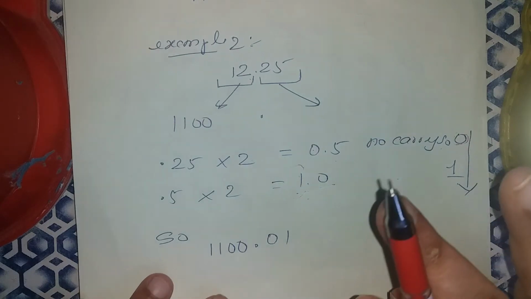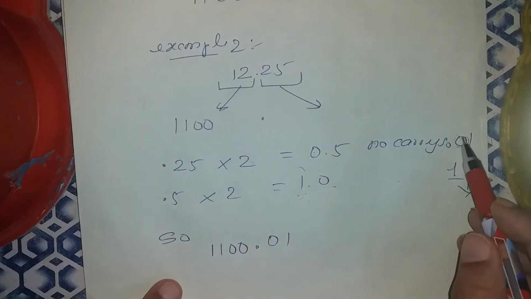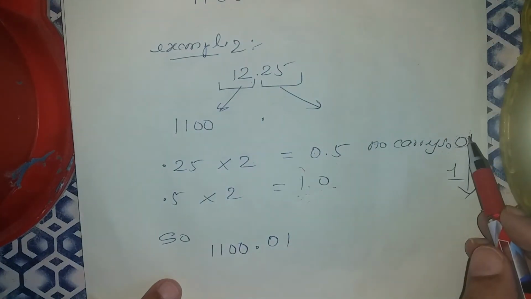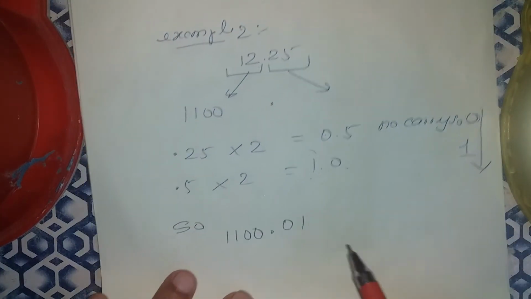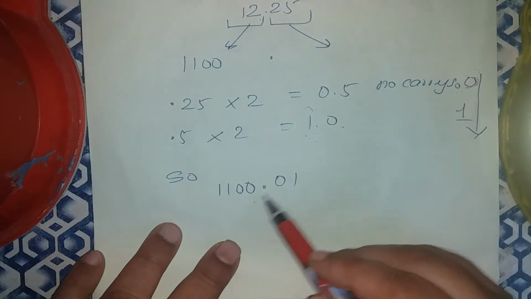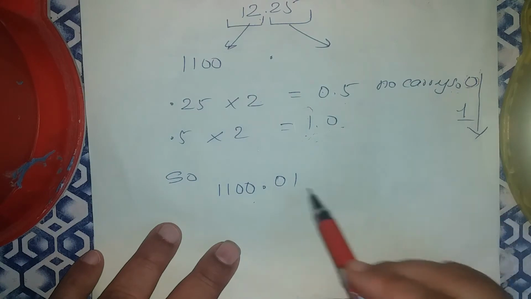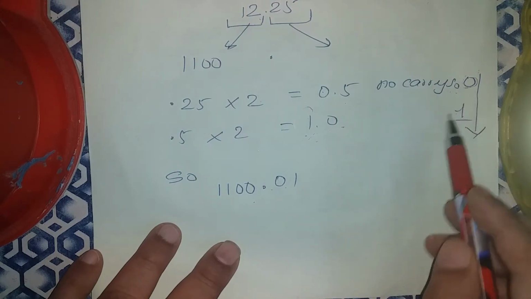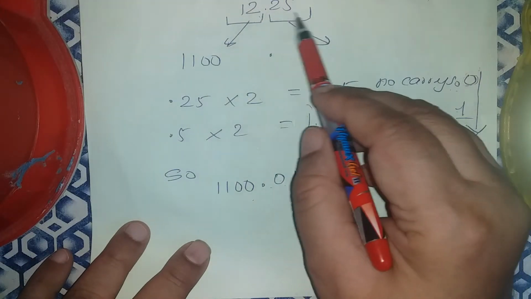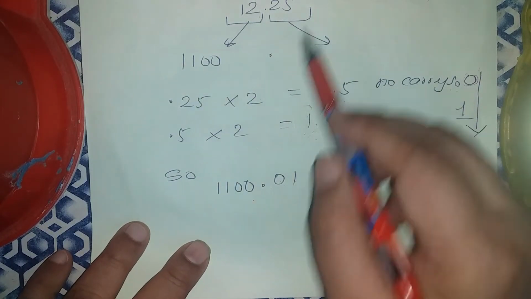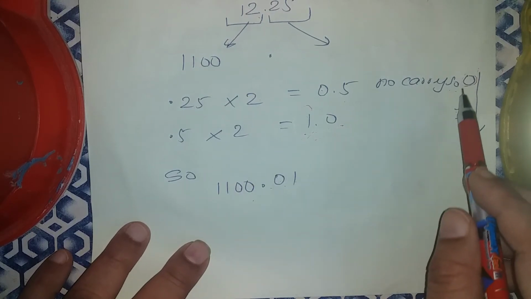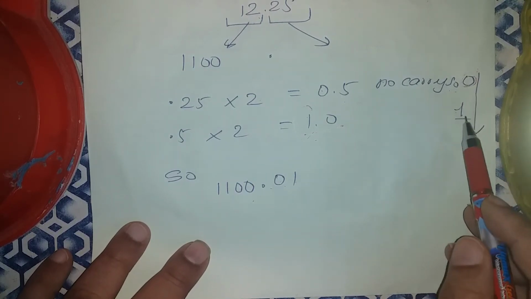That's all. Here for the integer part I took bottom to top, but here I will take top to bottom, 0, 1. So the binary number for 12 is 1100, and for the fraction, 0.25 is nothing but 0.01. Understood or not? So 12.25 is that. 12 is 1100. For 0.25 you multiply by 2, carry comes, and you keep on going until 0 comes.